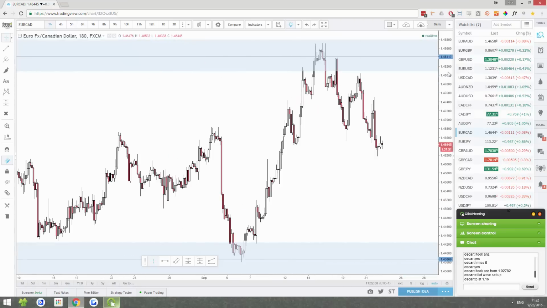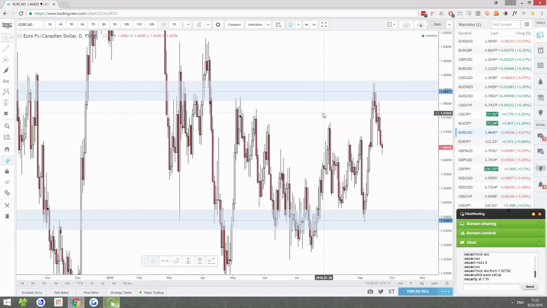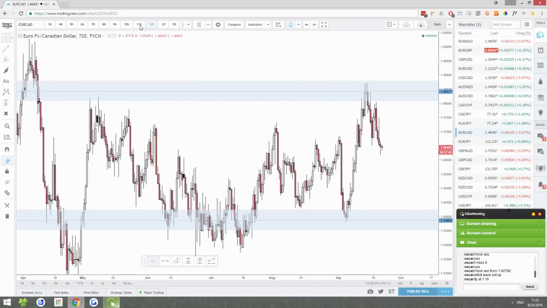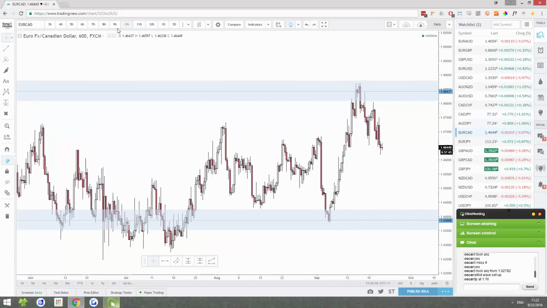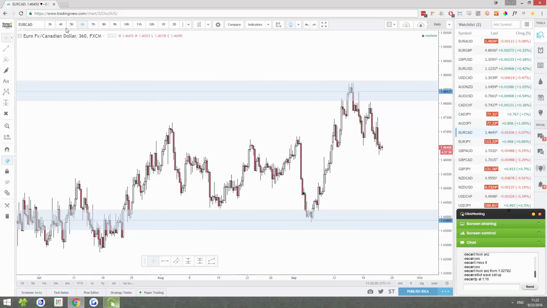Nothing much that's tradable there. Euro CAD is in between two support resistance areas, so we're probably not going to see anything here. Well, we're definitely not going to see anything here. I'll drop down through the timeframes anyway, but